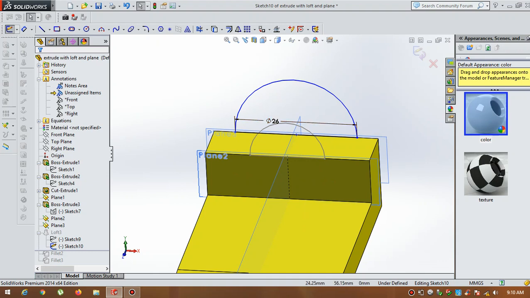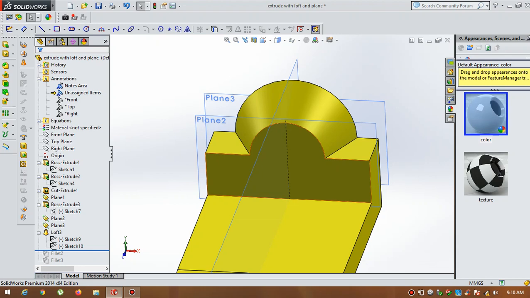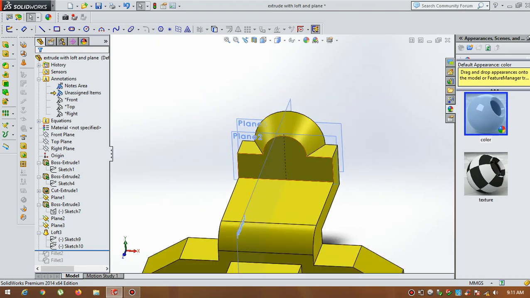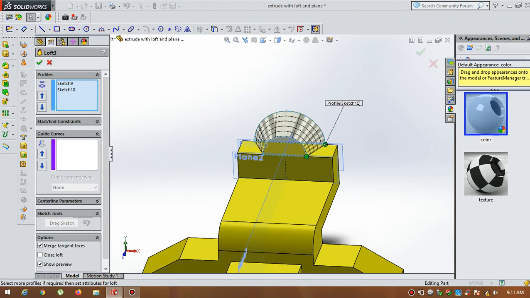So I created two planes, one for the smaller circle, the other one for the bigger one. Then go for the loft option, edit feature. Select the smaller circle and the bigger one, and it will automatically extrude.